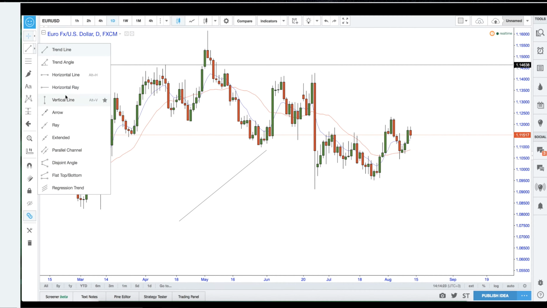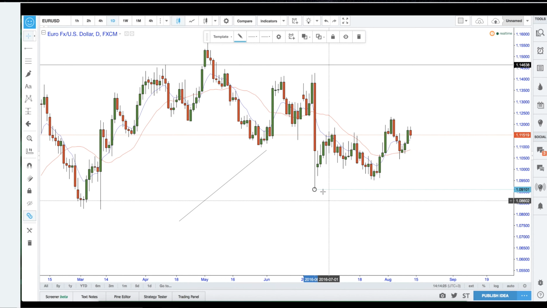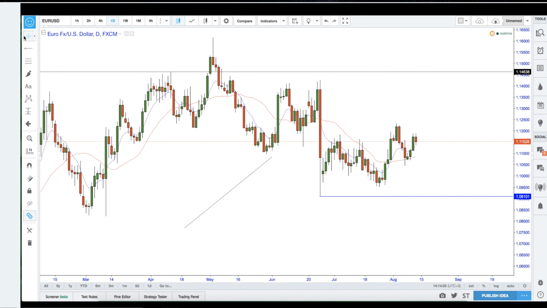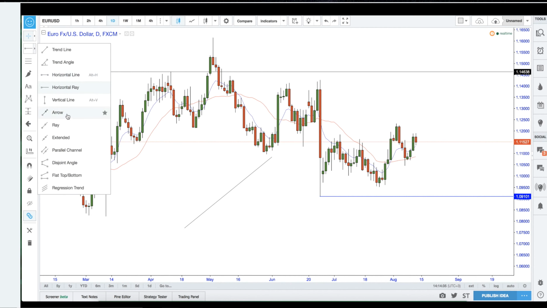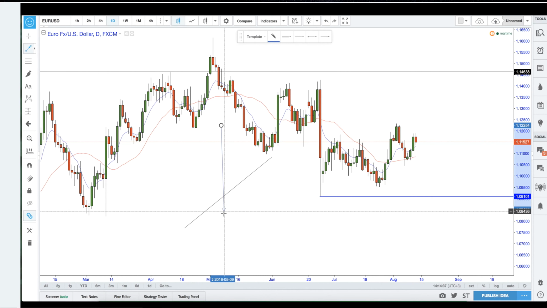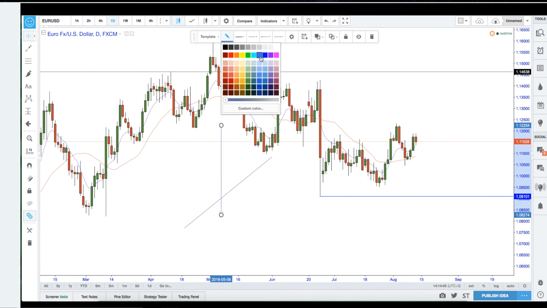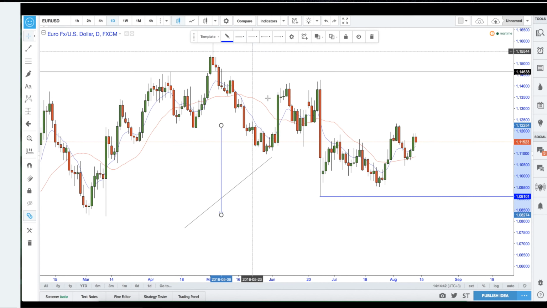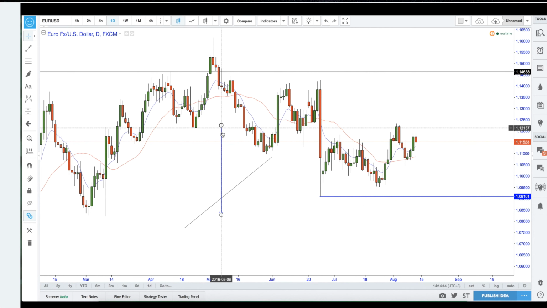Horizontal ray, this one is more or less used for key levels of support on the daily time frame in the 4 hour. So I like to have this blue, and I like to just bump up the thickness a little bit, okay? The next tool on here is the arrow tool, which we will be using. So the arrow tool, I like that to be blue as well, same as the horizontal ray. And with this, I want to have the arrows at both ends, so arrowhead, arrowhead.